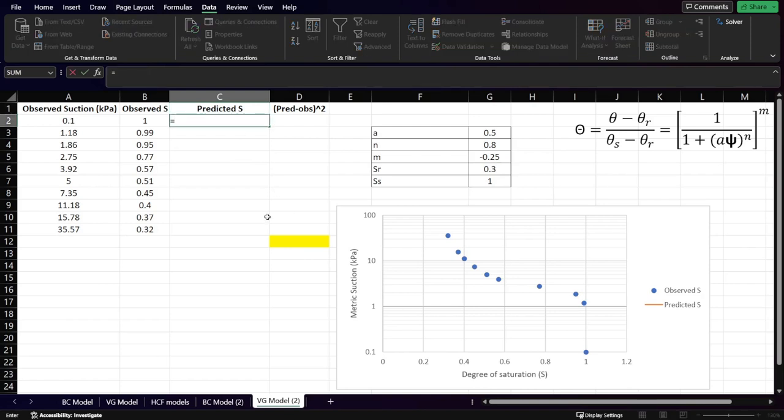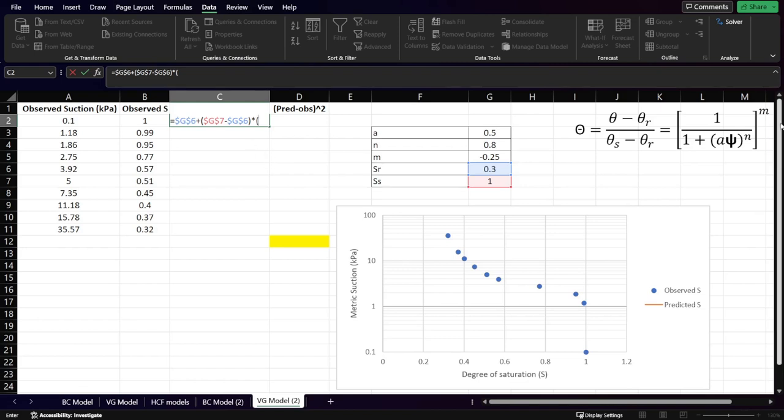That's going to be the predicted value of S is equal to theta r, or SR, let's log this one, plus theta s minus theta r. The theta s is corresponding to SS, let's log SS minus SR. Let's log this one also. Okay, and multiply it by